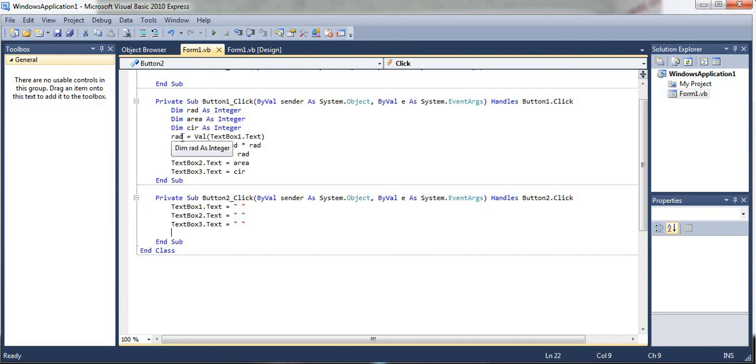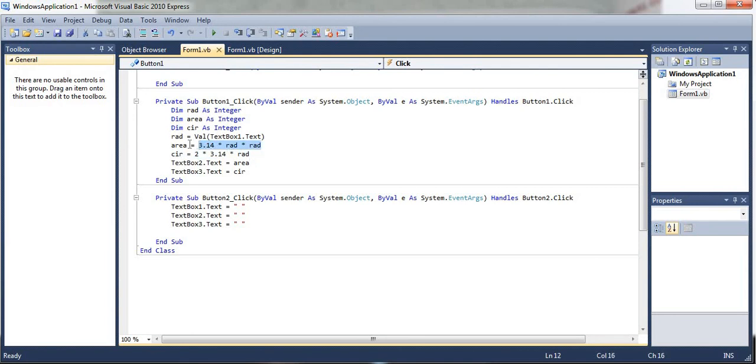In the form we have 3 text boxes. The first text box takes the radius as input from the user. When the user gives the radius in text box 1, it is stored inside the rad variable.